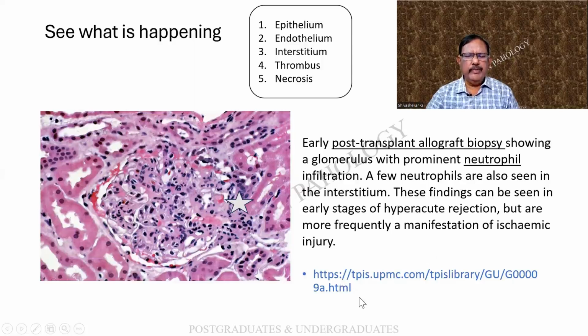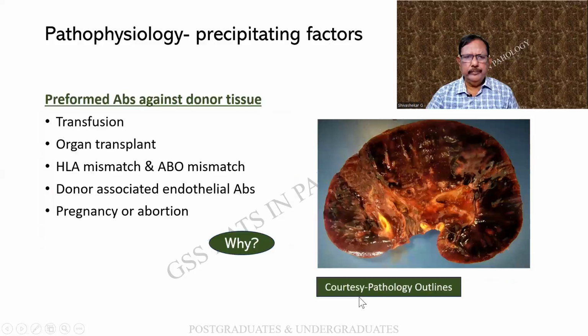And this is a very good reference for you people. Courtesy pathology outlines for this wonderful picture of a rejected kidney. Now, what precipitates the rejection? One, there are some preformed antibodies against the donor tissue. Why? Because earlier there would have been some antibody formed because of transfusion, or earlier transplant or attempted transplant of